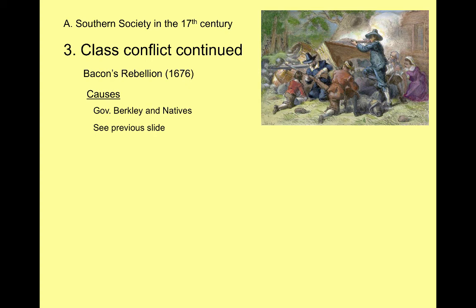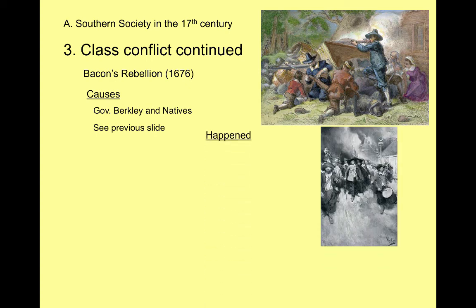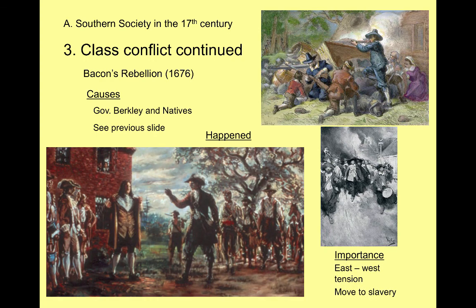And so these former indentured servants are going to follow this man named Nathaniel Bacon, which is what the rebellion is named after, and they are going to first attack the Native Americans on the frontier, and then once they do that, they turn their anger and their resentment to the East Coast elite. And there's Nathaniel Bacon in the middle, and they burn down the colonial capital, Jamestown. Berkeley will run away bravely because he doesn't want to get killed by this mob.